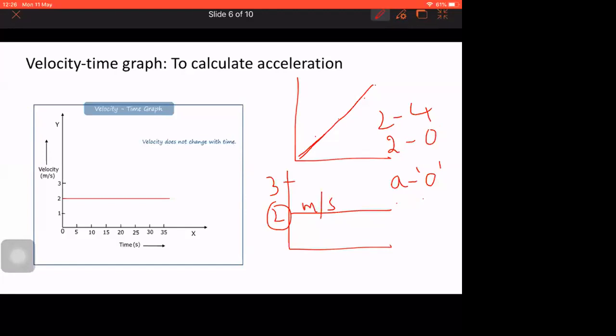A body can move with uniform acceleration or non-uniform acceleration, but that body should never have constant velocity. Keep it clearly in mind: acceleration is applicable only for bodies moving with non-uniform motion or non-uniform speed. This statement should be there in your mind. So this is one kind of graph for the velocity time graph.